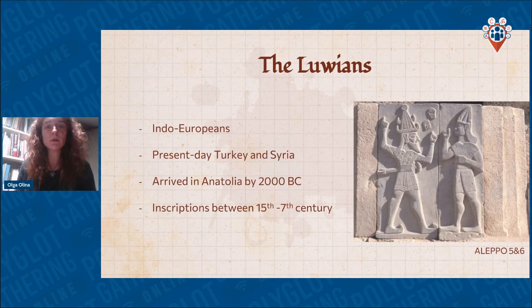They migrated to what is present-day Turkey and northern Syria. And they must have arrived in Anatolia by 2000 BC, but we do not really know exactly how. So it is assumed that the homeland of the Indo-Europeans is north of the Black Sea. And the Luwians, or the Anatolian people, not just the Luwians, but also the Hittites and the Lycians and the Lydians and so on, they left the homeland and ended up on the other side of the Black Sea,